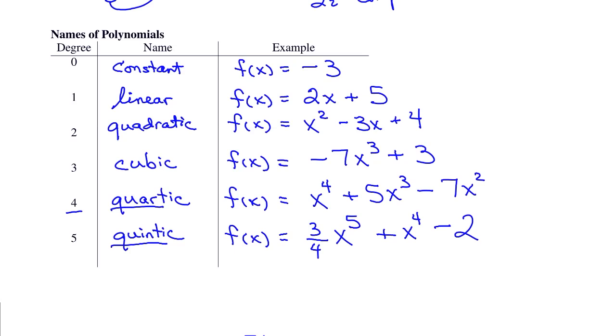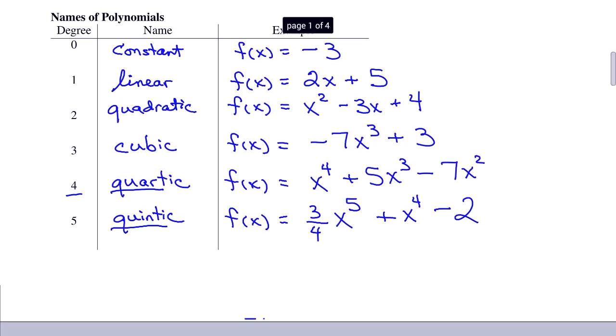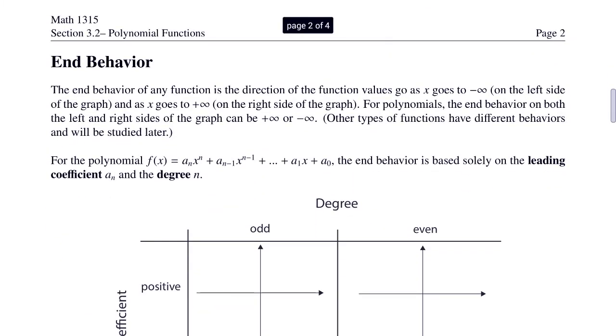One important aspect of polynomials is their end behavior. The end behavior of any function is the direction the function values go as x goes to negative infinity on the left side of the graph and as x goes to positive infinity on the right side of the graph. For polynomials, the end behavior on both the left and the right sides of the graph can be either